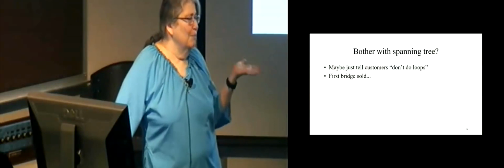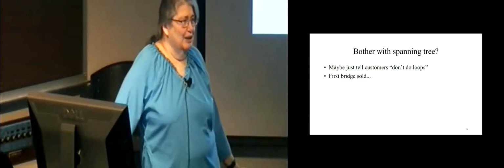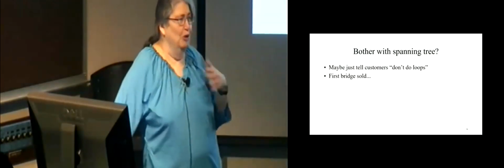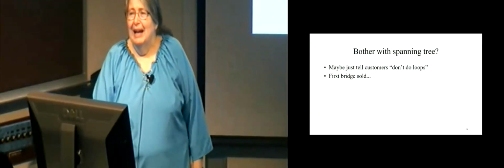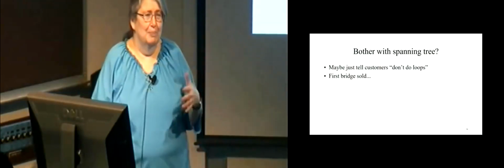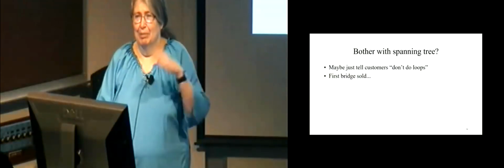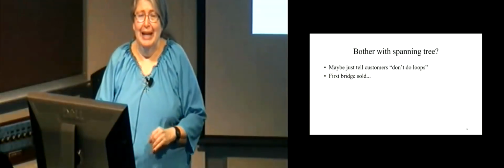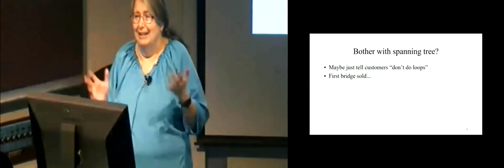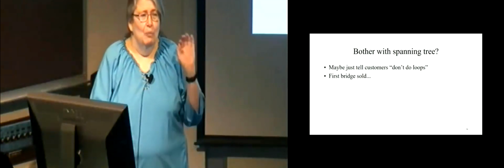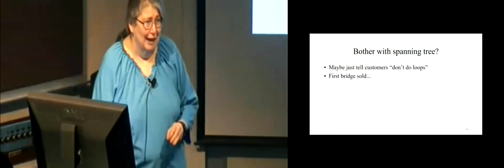That seemed maybe sensible, but I, of course, wanted the spanning tree to get deployed because, gee, once you do a poem and all that. But I didn't want to argue because I figured people would think I was biased, and I let management argue, and they decided the implementers should put in the spanning tree. As trivial an algorithm as it is, it certainly made the box more complicated than without it. Well, when they sold the very first bridge, it was like, yes, that was the right thing.